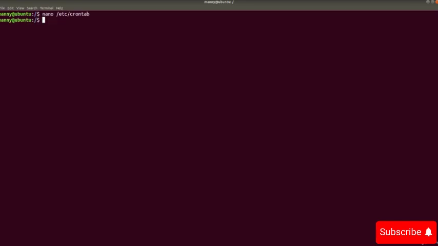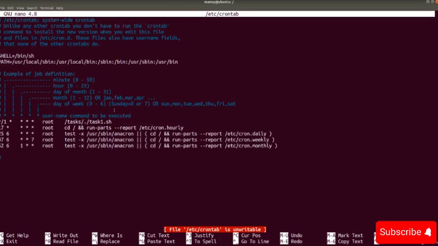you can see that I am logged in as Manning. Manning doesn't have any root access, because if you run groups and type Manning, you can see all he has access to is the Manning group and SSH, so nothing. So what we're going to do is go to nano, open the crontab,